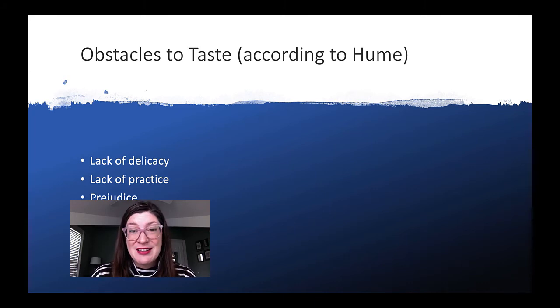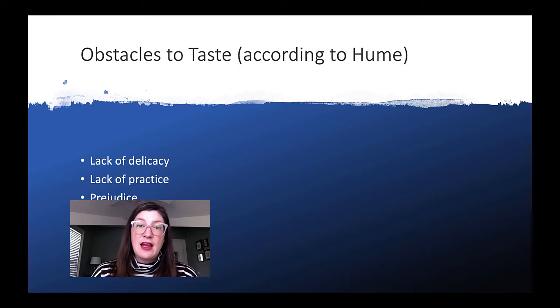Personal disposition. So maybe he gives the example, some people just don't get irony. Or differences in morality, which he allows for, that you're not going to have a positive response to something if it affronts your sense of right and wrong. And we see this acted out and reiterated in many, many different ways, from before Hume's time to much longer after. So the main takeaway here, though, is that Hume is presenting a relativity that he's impressing upon aesthetics,